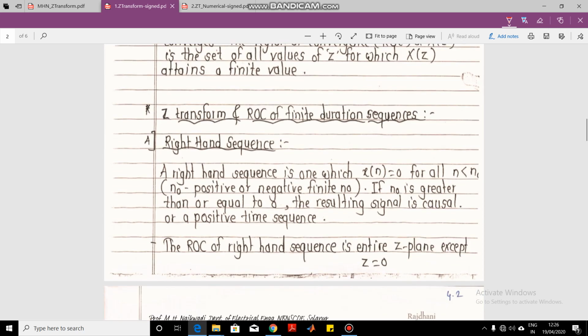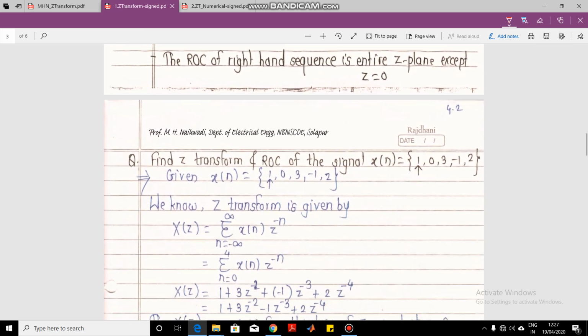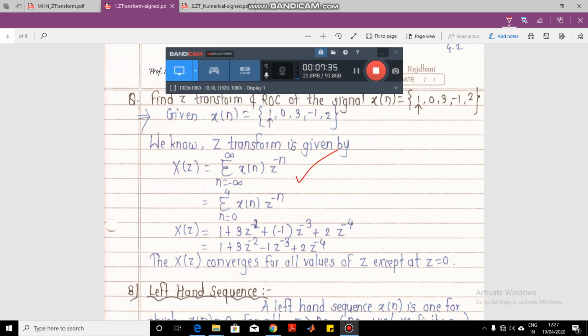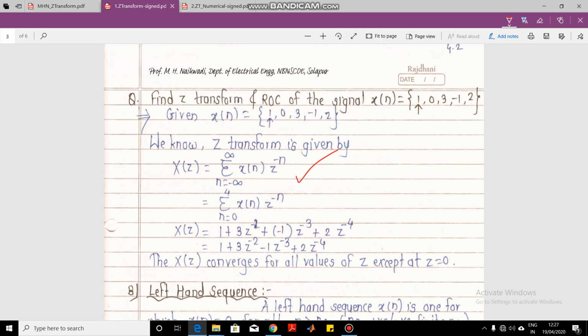Now let us try to compute the Z transform of some very basic signals. Let us use this formula that we have seen to practice the numericals of the Z transform. Remember, the Z transform is only for discrete time signals. Continuous time signals are analyzed using the Laplace transform. We are not studying the Laplace transform, we are studying only the Z transform, so in all our examples you will have only discrete time signals.